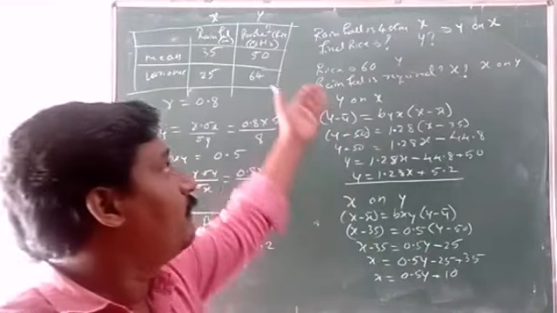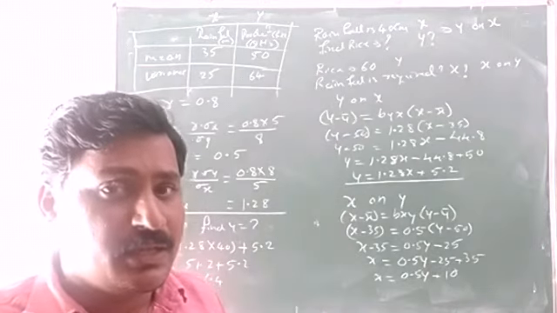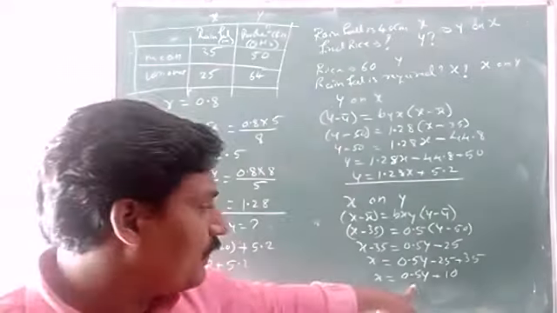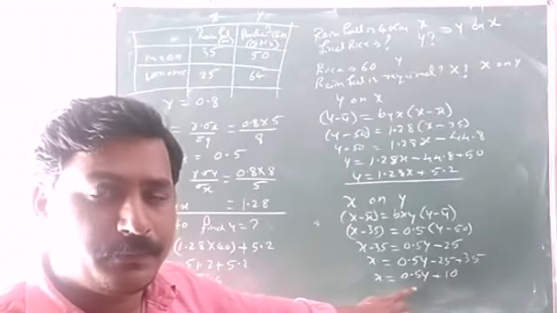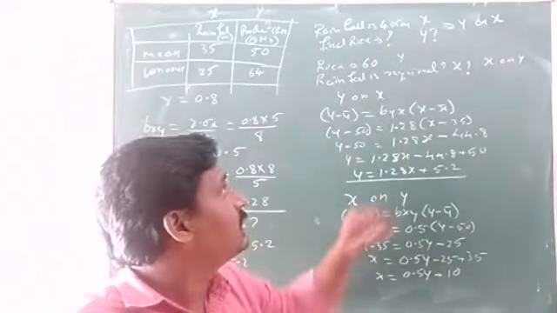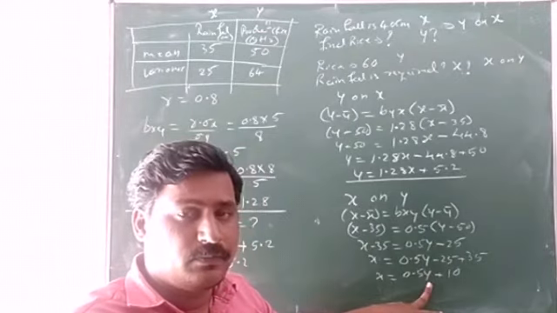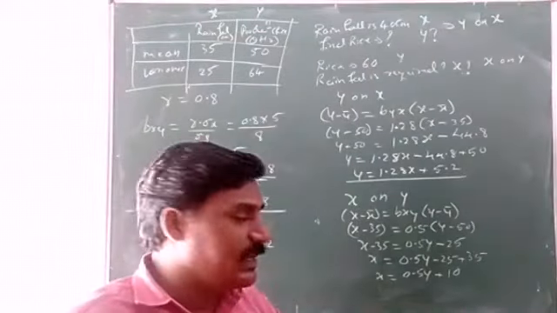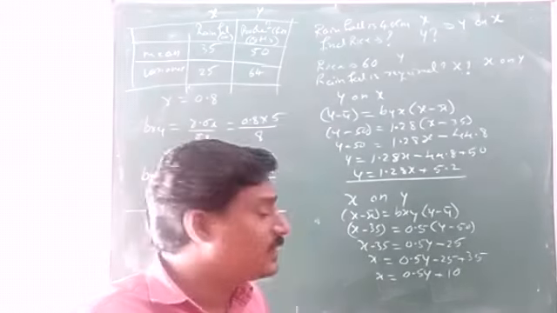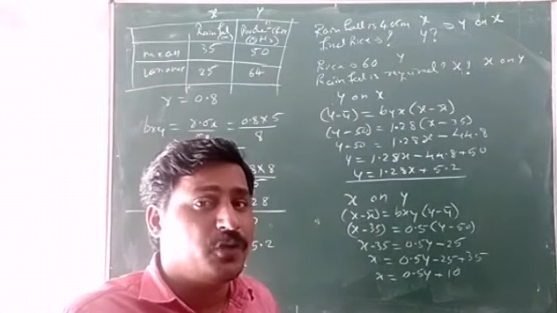Similarly, second question, that is when rice is 60, that is the value of y is 60, what would be the value of x? To find that, use the equation of x on y. So 0.5 into 60, that is 30, 30 plus 10, so x is 40. So to produce 60 quintals of rice, the required rainfall is 40 centimeter.